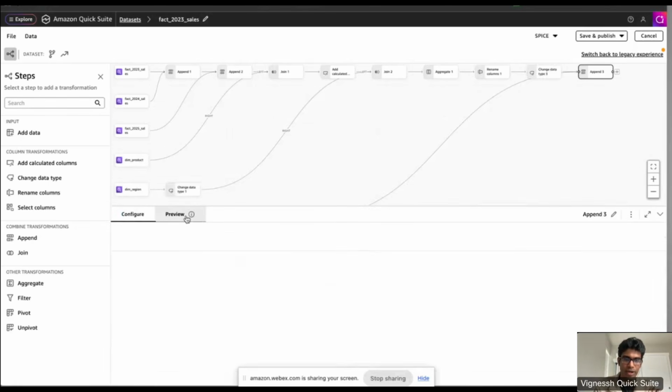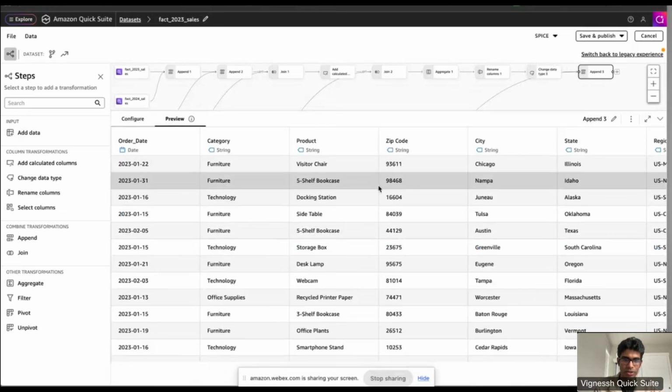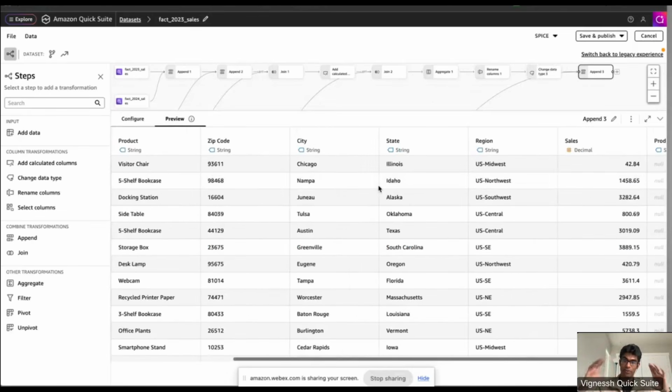And now you look at your final preview, you will see that you now have a full database view, or like one final table where we have been able to combine all of the data. And basically what we've done, just to recap, is we have appended 3 years worth of data. We have added product and region attributes. And in that process, there were some issues, and we have been able to address it as part of the